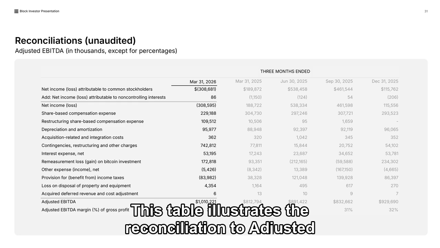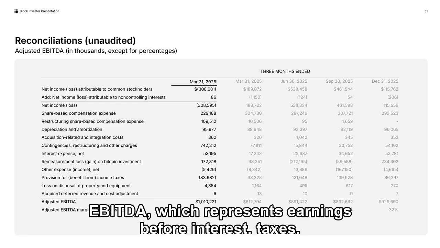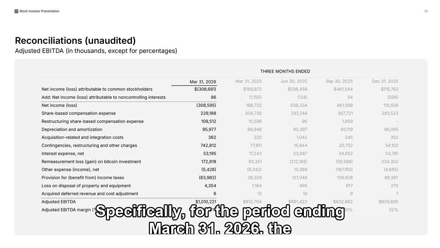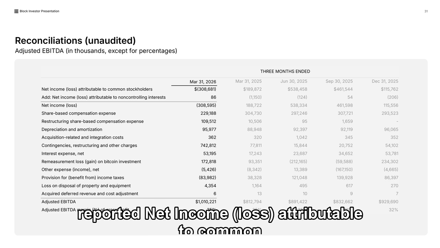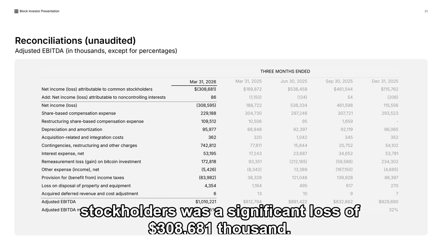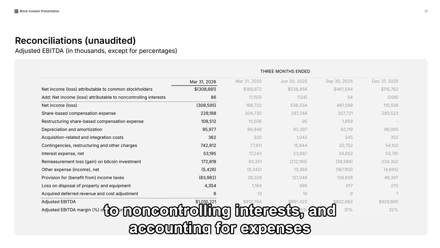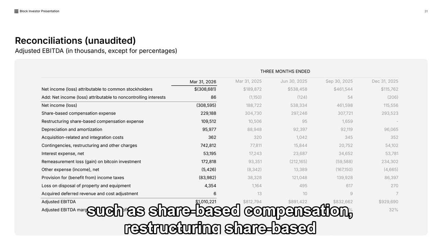This table illustrates the reconciliation to adjusted EBITDA, which represents earnings before interest, taxes, depreciation, and amortization. Specifically, for the period ending March 31, 2026, the reported net income loss attributable to common stockholders was a significant loss of $308,681. However, after adding back net income loss attributable to non-controlling interests and accounting for expenses such as share-based compensation,